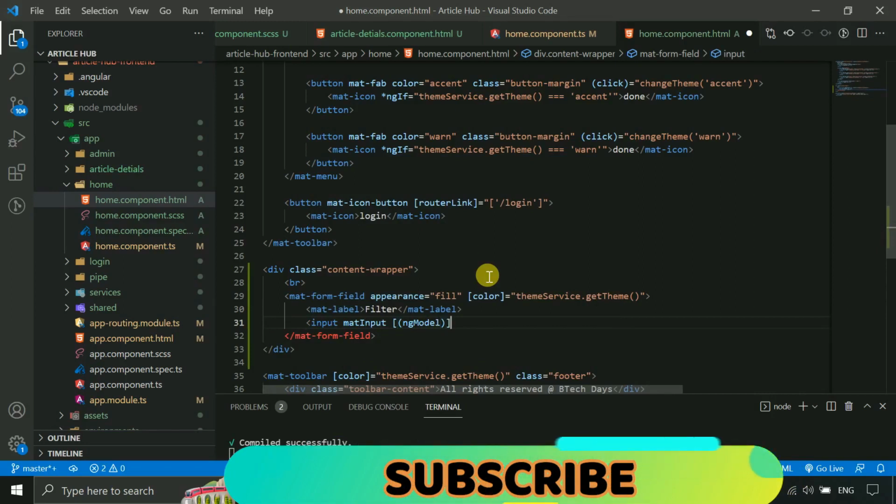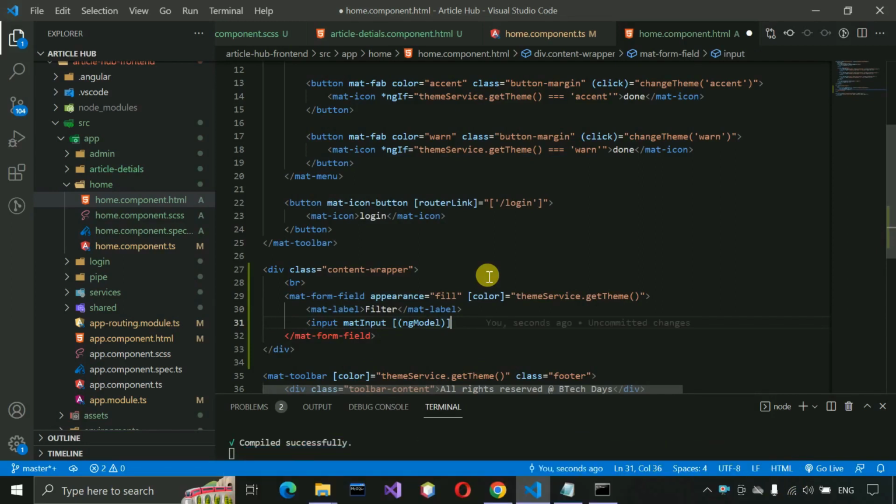So basically, two-way binding means that any changes that happen in the model will be updated in the view, and if anything changes in the view, it will also update the model. Here you can see the square brackets denote property binding, and the parentheses denote event binding. Inside this one we just have to write search text, and then close this. And here, whenever we get the input, then we need to call